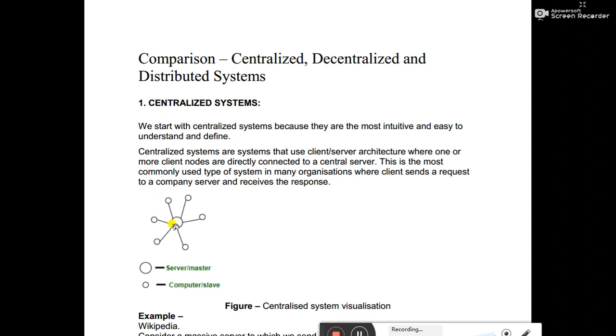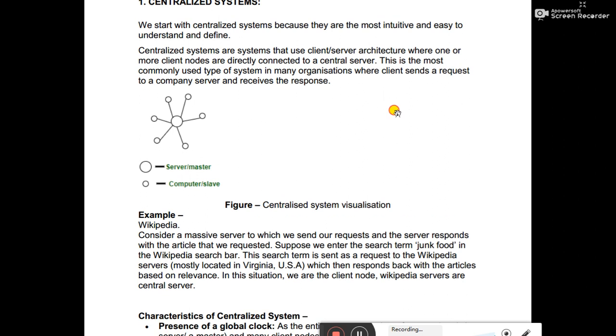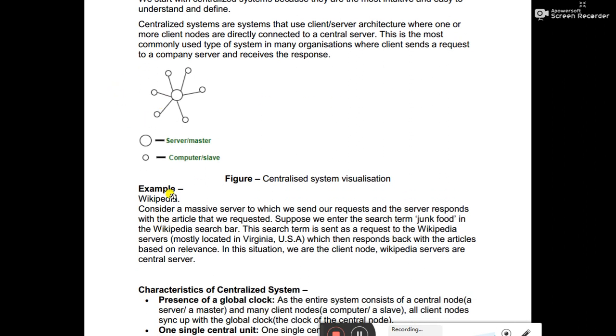Here in the middle, in the center, there is a server or master node, which serves the purpose for the slaves, or we can say the computers. One example of a centralized system is Wikipedia,